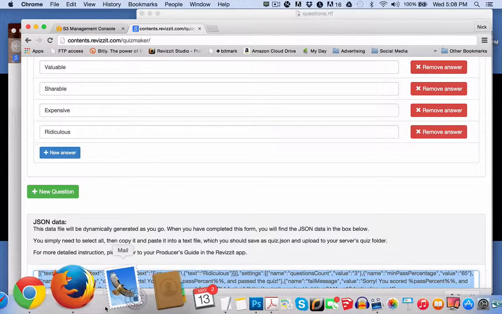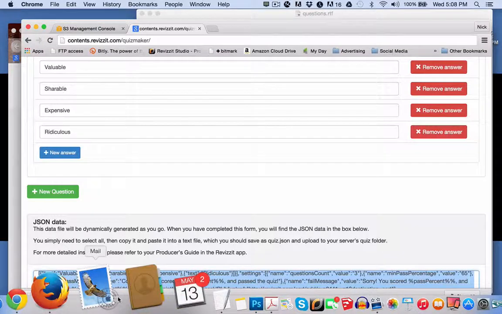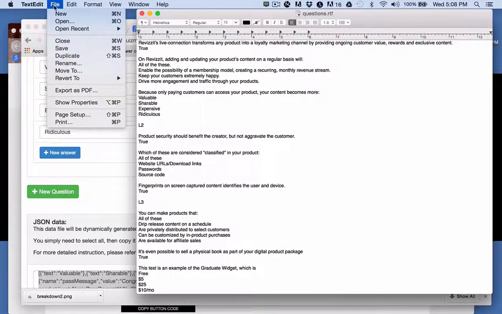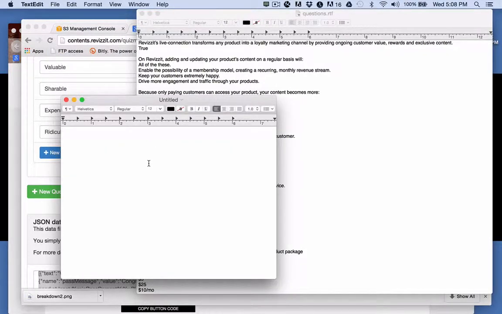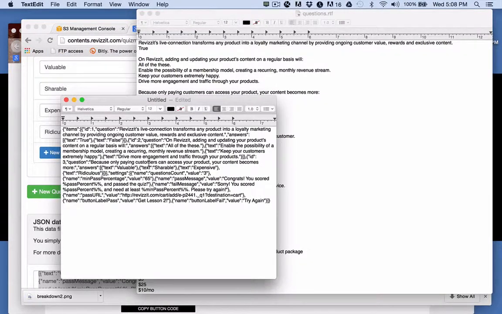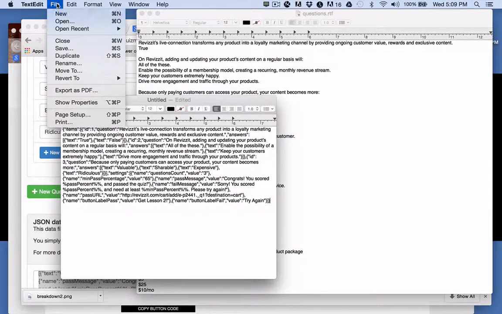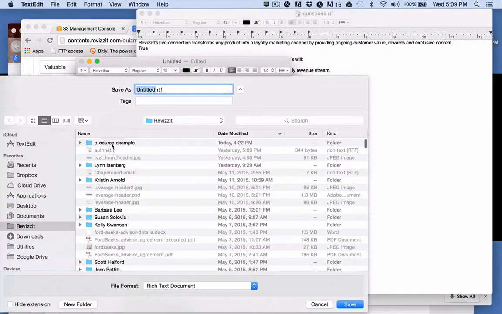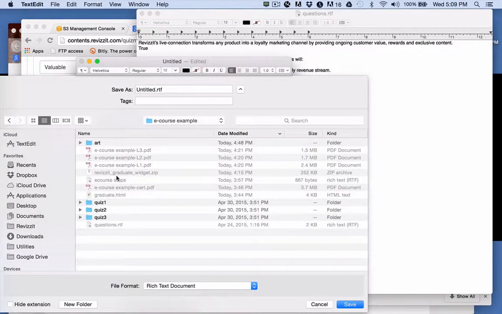I'm going to come over to my text editor. So you can use just a regular text editor just like this. I'm going to create a new one, and I'm going to paste it in just like that. And I'm going to save this as, I'm going to save it right inside here, and I want to save this as